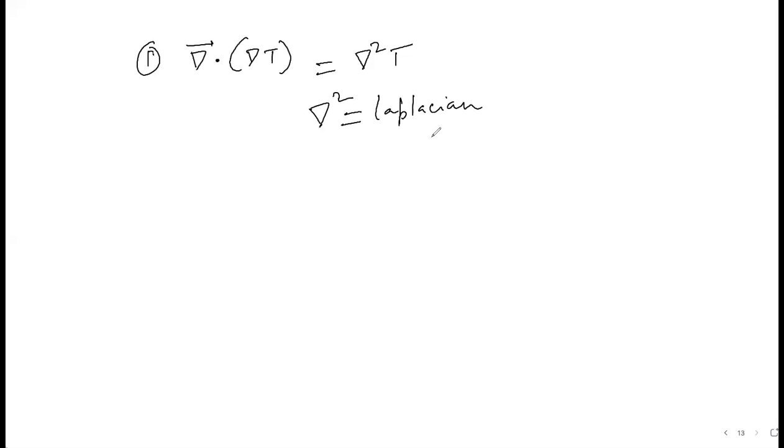That has its own significance, but you will notice shortly where it appears. So now this grad square, can it be operating on a vector field too? For example, if I want to write something like this, is this meaningful? I think no, sir.